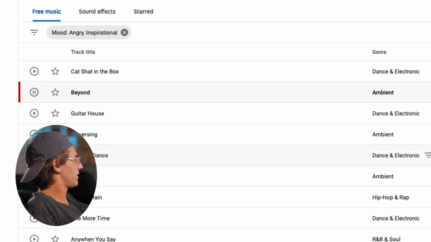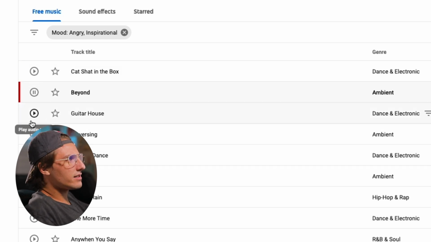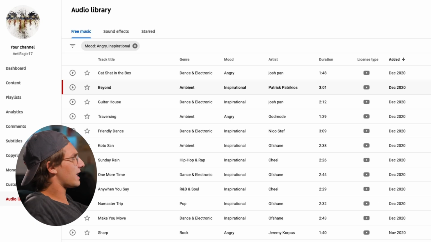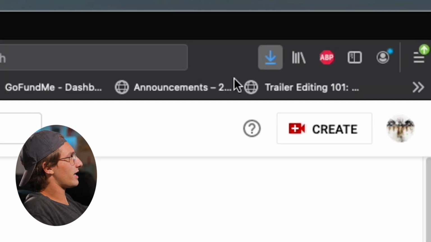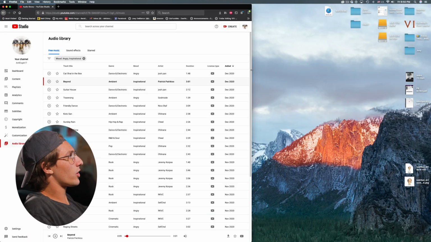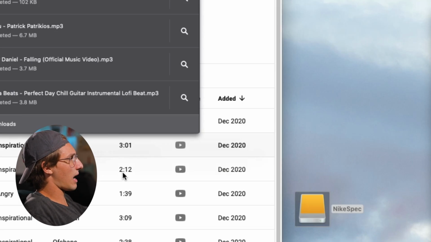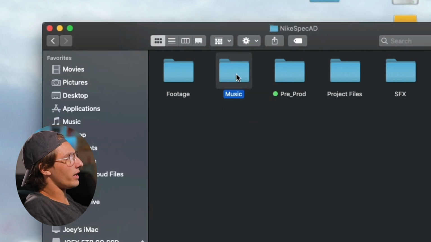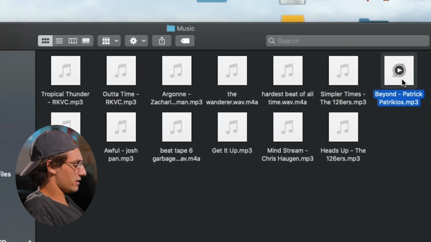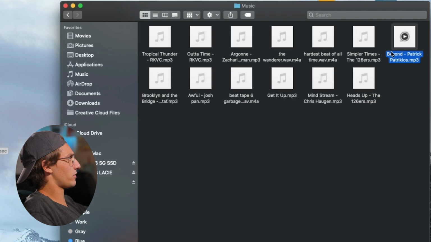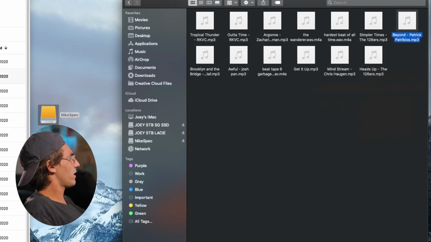That is disgusting. Beyond's got something. This Beyond, I'm digging that. So all I'm gonna do, if I'm digging a song, all I'm gonna do is hit download. Mozilla Firefox, put your downloads up here. What I'm gonna do is I'm gonna go to my project folder, and I'm going to come up here to Mozilla, and I'm gonna drag and drop that into the music folder. Now, if I go in here, you'll see that Beyond is right here, the song that we just listened to. So if I listen to it, yep,